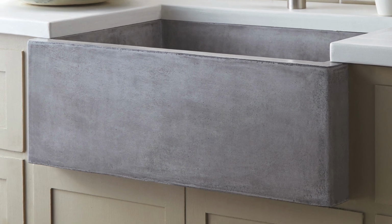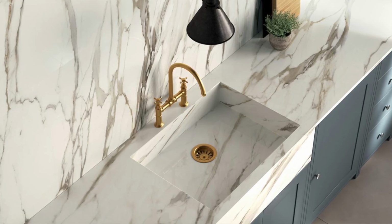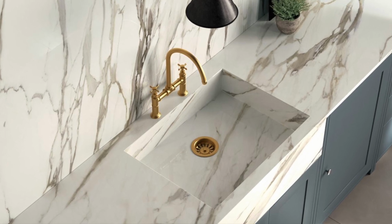Plus, there's all kinds of different designs out there. You don't have to have a white ceramic one that's bowed in the front. There's all kinds of different stone and metal sinks that you can get as well. And yes, it doesn't fit in every design style, but I think you can make it work with multiple design styles. And it comes down to whether or not you really, really like it and you really actually want a